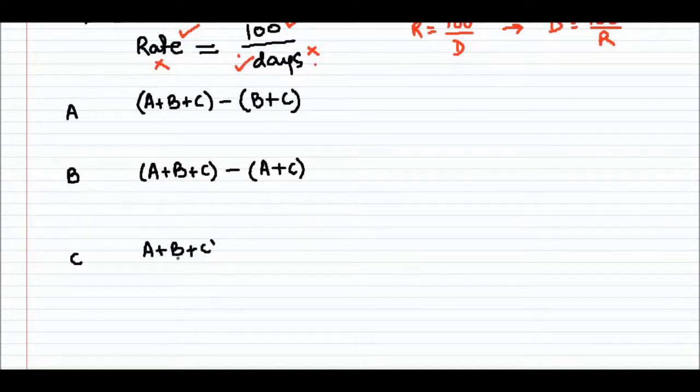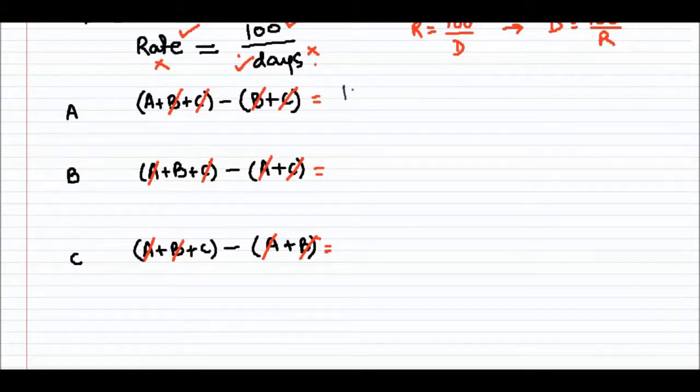And I guess by now you can also write the rate at which ABC is completing the work, and minus, I want for C, so I will do A plus B. Now very simple, I want for A, so B and C will get cancelled out. I want for B, so A and C will get cancelled out, and when I want for C, A and B will get cancelled out. This is the logic that I am using for the problem. I am not actually cancelling anything. Always remember, whatever I am writing here are the rates. Alright, so let me put the values first, and then in a very simple fashion you will get the answer.